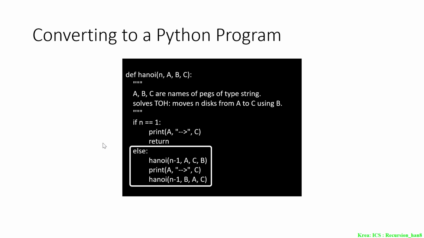You're going to move n-1 top disks on peg A onto B using peg C. So it will find it out recursively using this function itself, and then in the end it will move the largest disk from A to C, and then finally move back the n-1 disks onto the C peg, giving us the final solution.